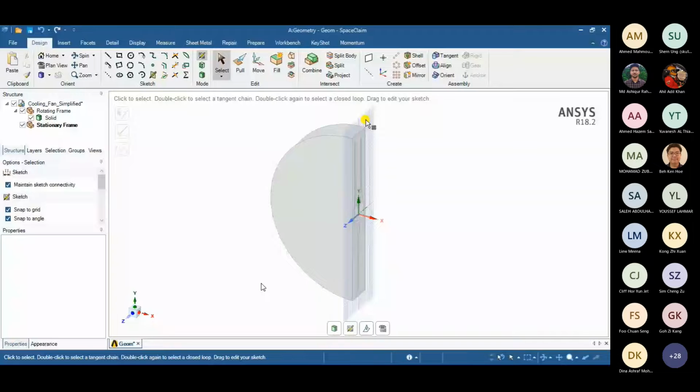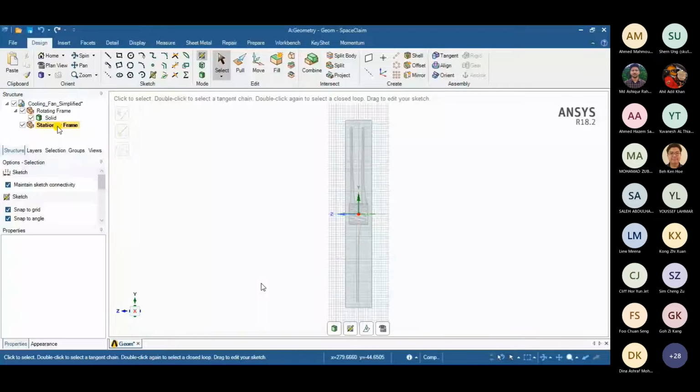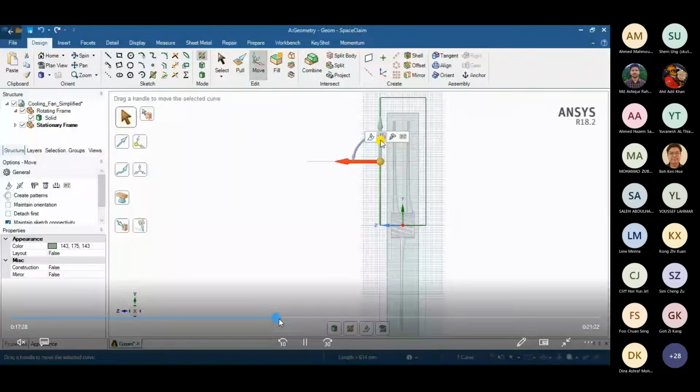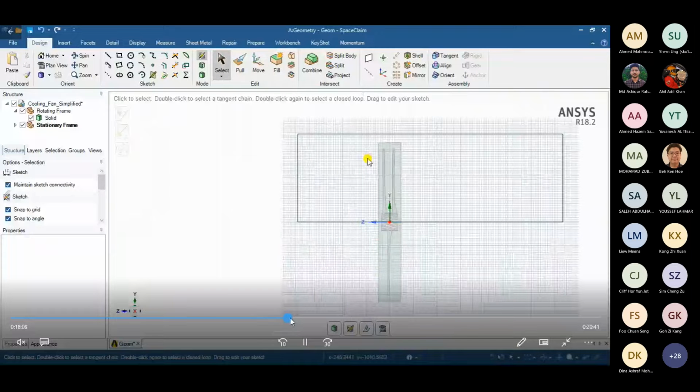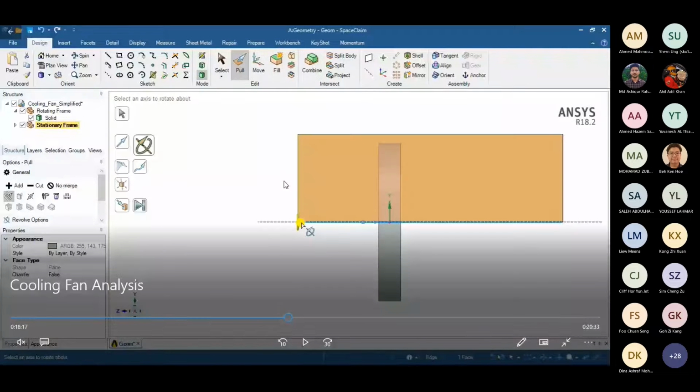Now again, I have to create a box around it as a stationary frame, which I'm going to analyze. So I'll just fast forward this process. It's the same process, just that the upstream and downstream dimensions are different, because your upstream dimension is lower in the case of fans. You are more interested in your downstream, where the fan will blow the air right out of this fan body. So your region of interest would be largely concerned with the downstream rather than upstream.